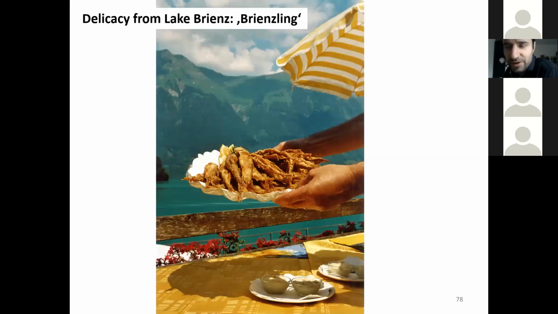So, background story through the scoping. This was done before. One of the main concerns of the residents was the impact on fishing yields. And the reason was that the Brienzling is a local speciality that had a cultural value for the people, and also economic value for the people living in the area, and that they were most concerned about. So this was the main target that we were concerned about regarding the environmental impact of increasing the storage volume